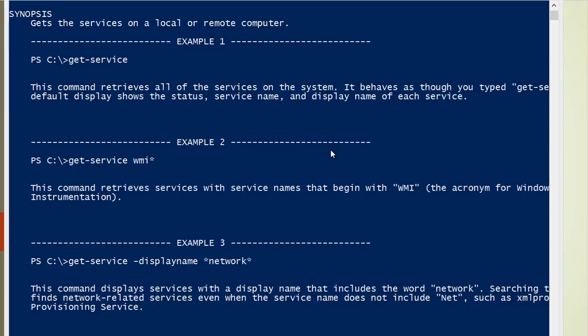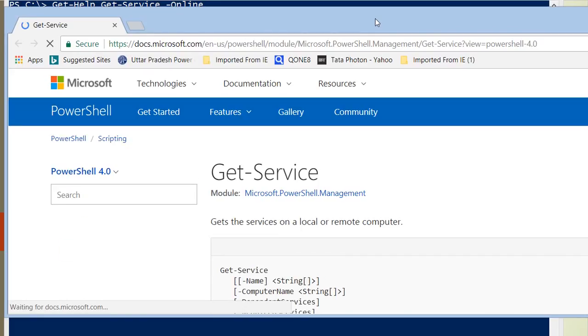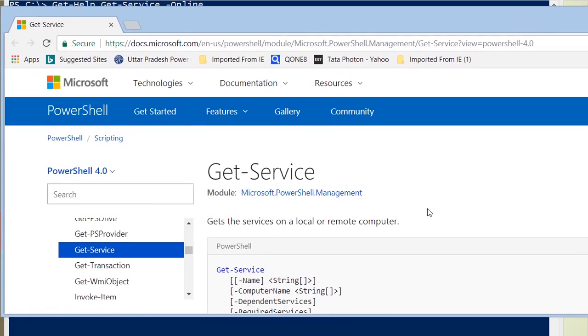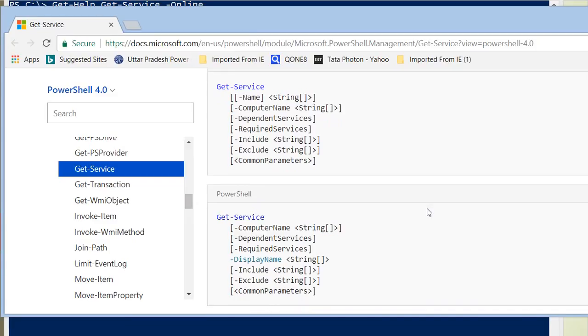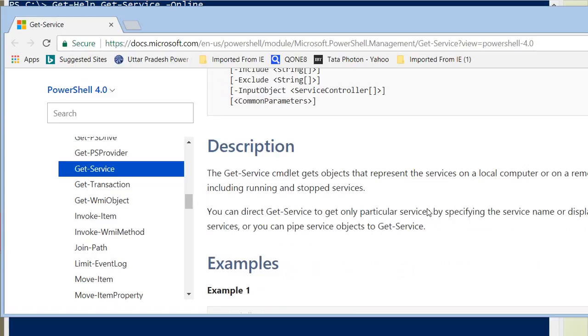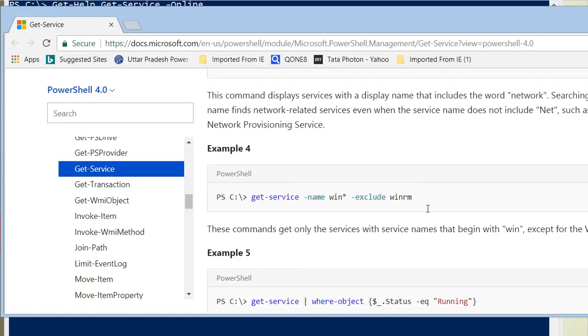Okay, now if you want to see the online help, how to take online help, you just need to type Get-Help, then your command, which is Get-Service, then here you can type -Online. Once you run it, this command will take you to the Microsoft site where you can see the entire help of your command. Here we are. So we have the Get-Service command, how to use that command, what the dependencies are, and it has all the parameters, descriptions, examples. Okay,